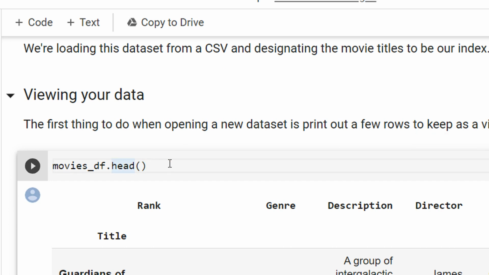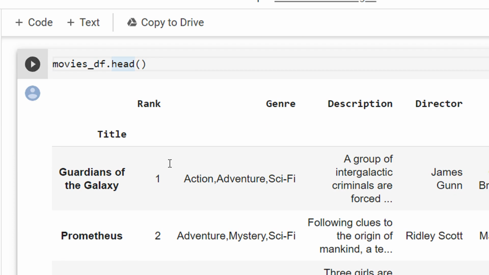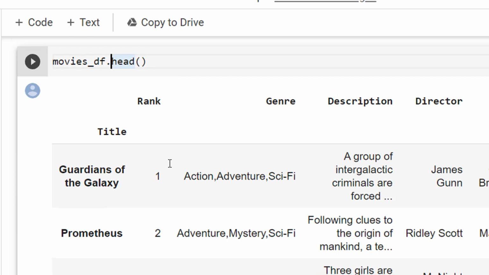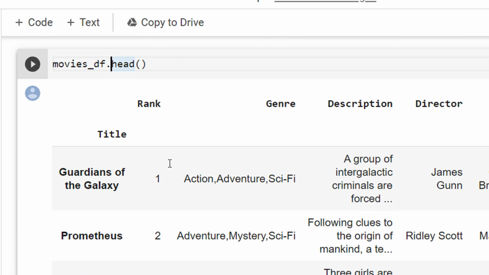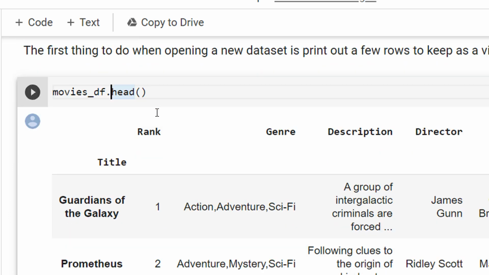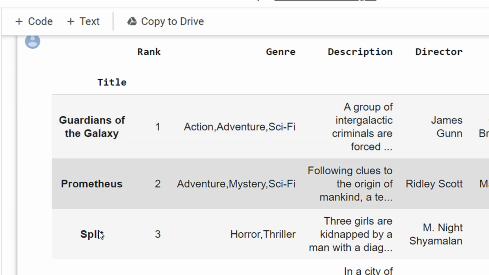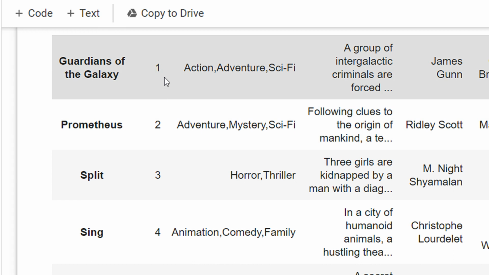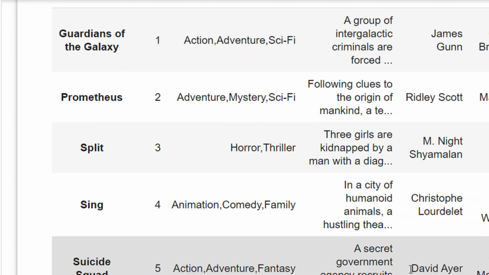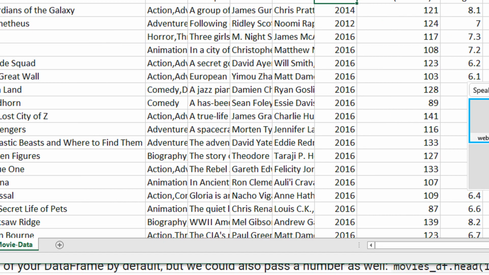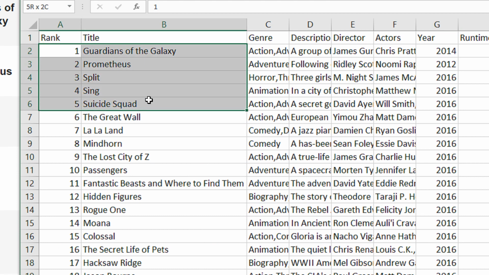Basically head, they took it from Linux. In Linux, you have two commands, head and tail. Head shows the top 5 values and tail shows the bottom 5 values. For example, when I do head, I actually see this title has become the index, and I see rank 1, 2, 3, 4, 5. So the first 5 rows, you can see here 1, 2, 3, 4, 5.